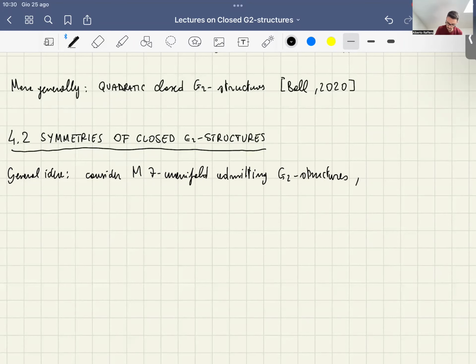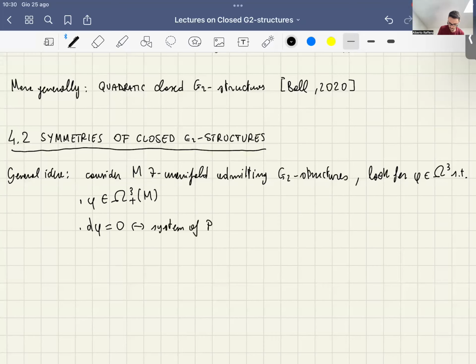And you have to look for a 3-form phi such that, first of all, it has to be a section of the space of non-degenerate 3-forms. And then it has to satisfy this equation here, that on a given manifold, this is equivalent locally to a system of PDEs. And so in general, this problem is highly non-trivial to solve, and it might be difficult to find